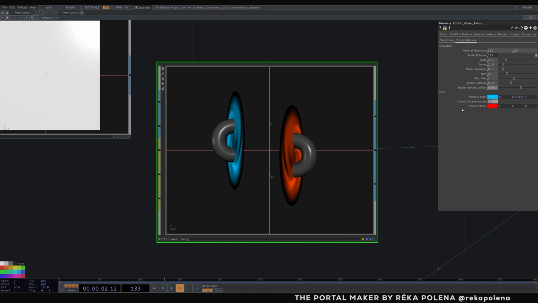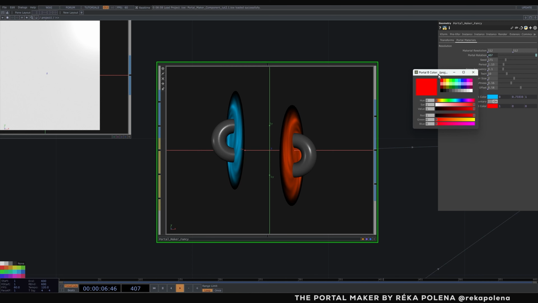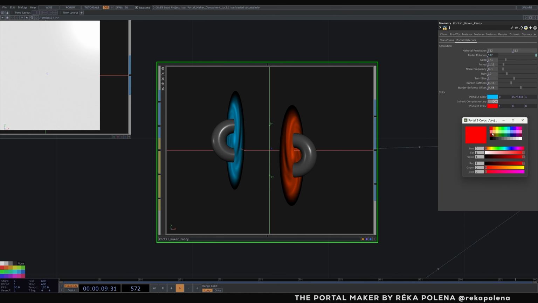Then the best part of this is that we can change its color anyhow we would like. Now we have inherit complementary on, which means that it takes the portal A color and will apply its complementary color to the portal B color. Okay, so if we change the portal B color, we can see that I change it to green, but it isn't visible until our inherit complementary color is on. Why is this really good? Because we can actually